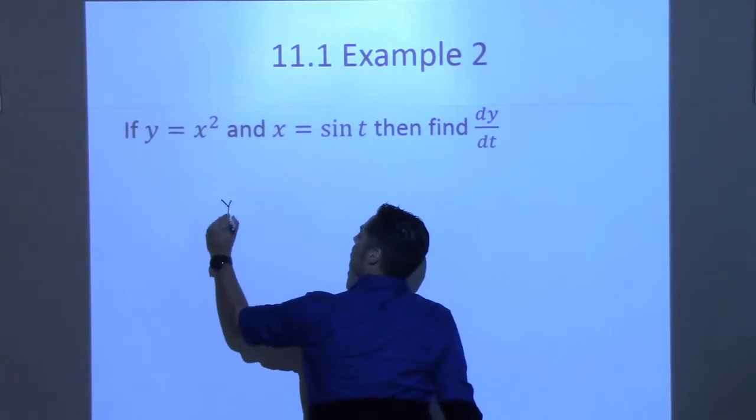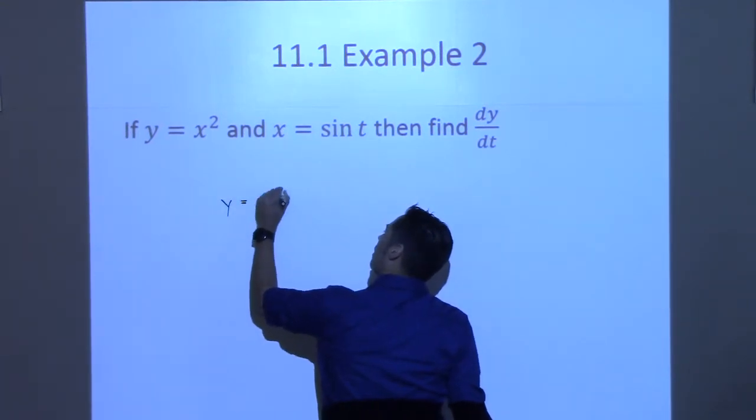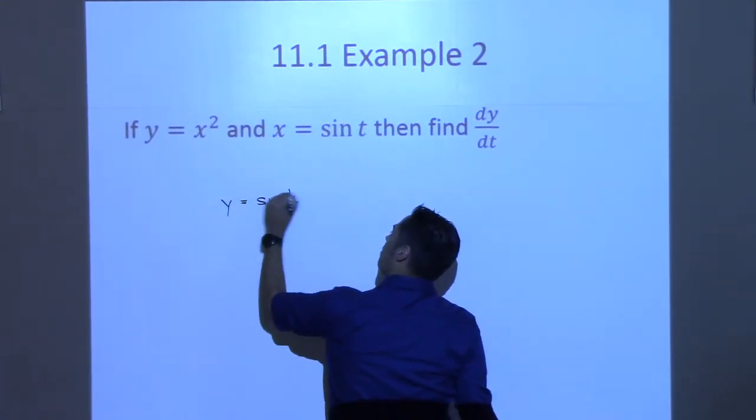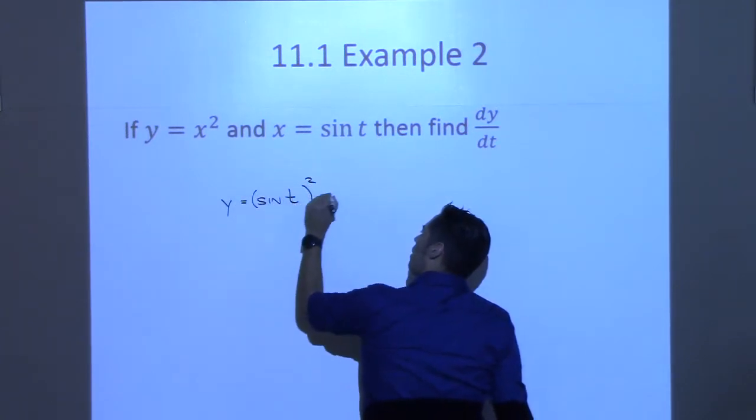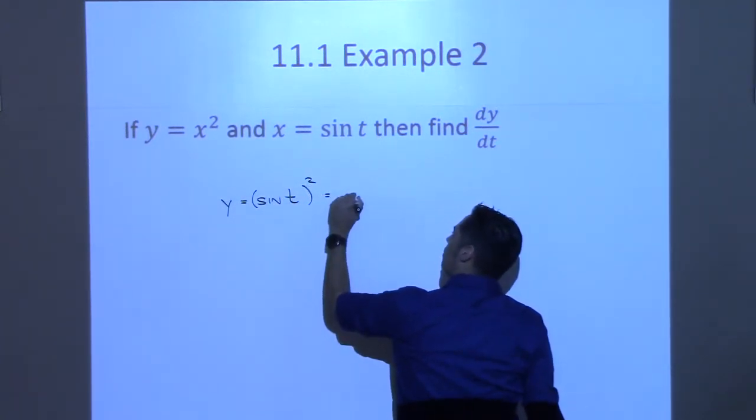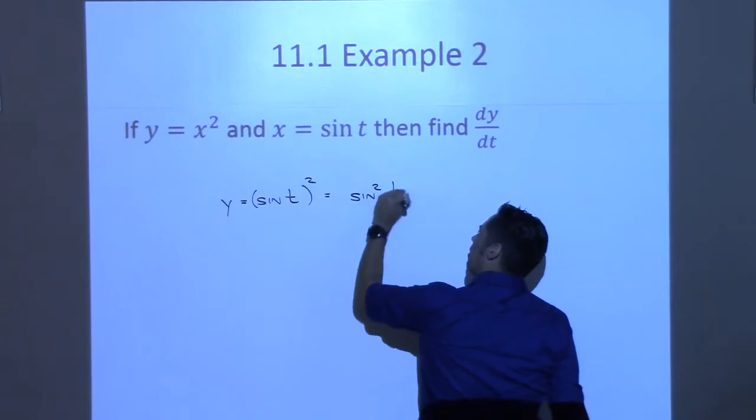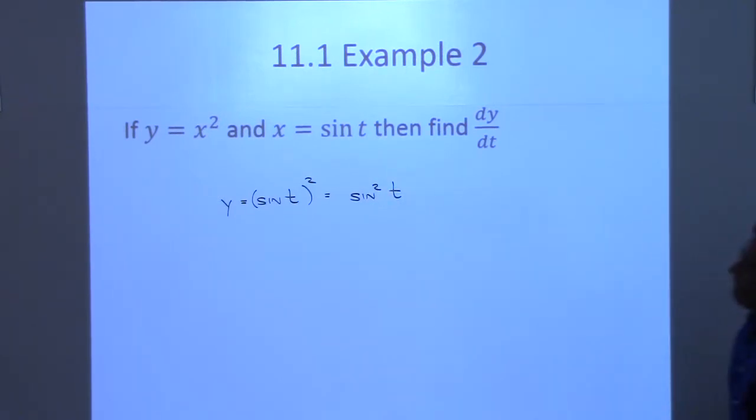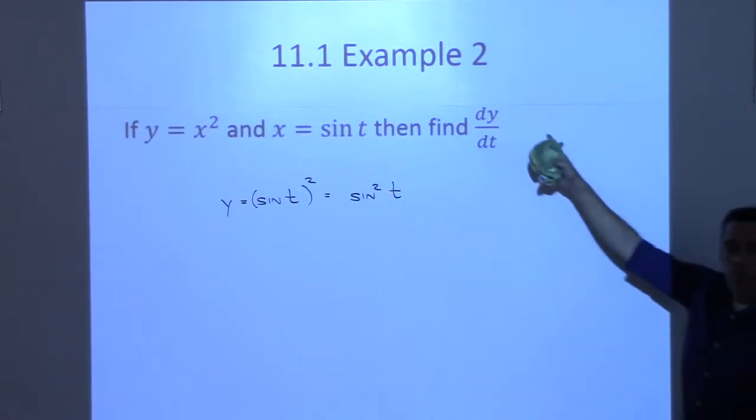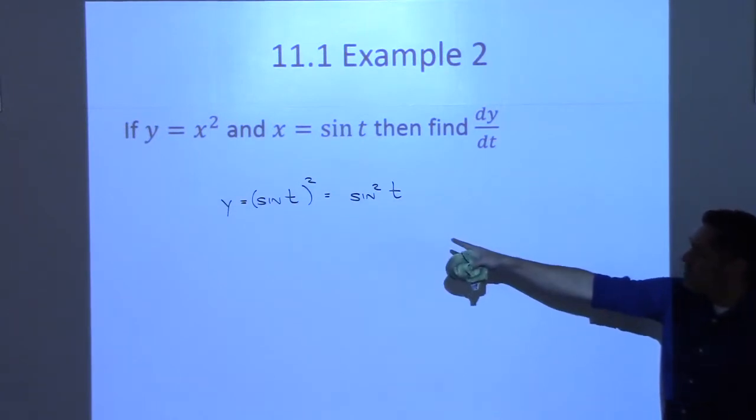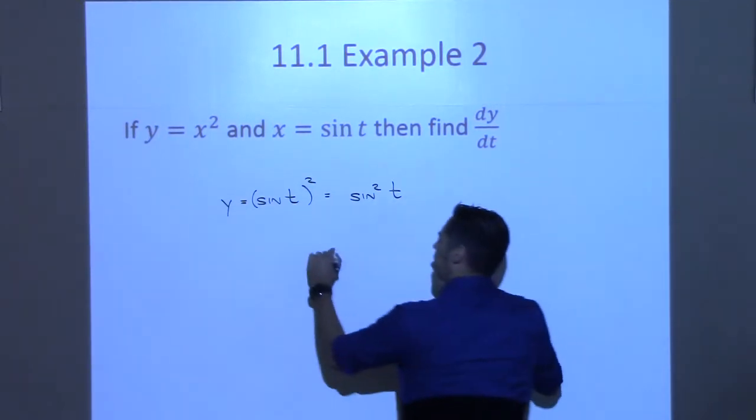If we replaced it, it would just become sine of t squared, which is equal to sine squared t. That's another notation for it, right? And now it makes sense to talk about dy dt. We just take the derivative of this with respect to t,